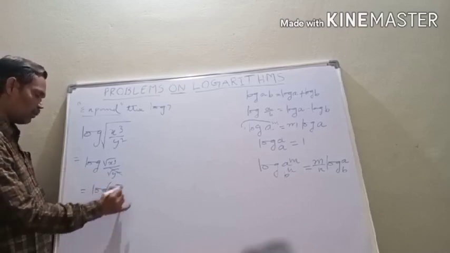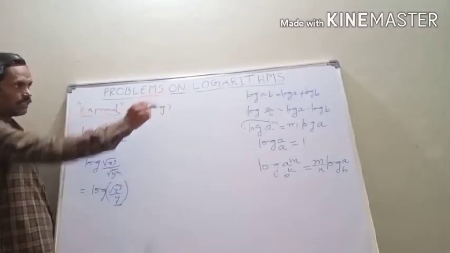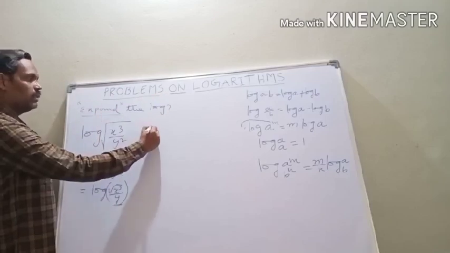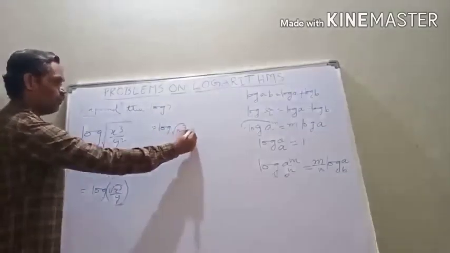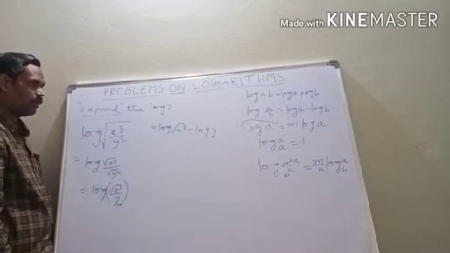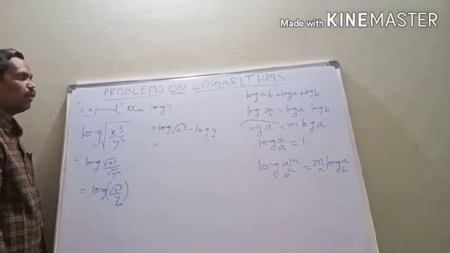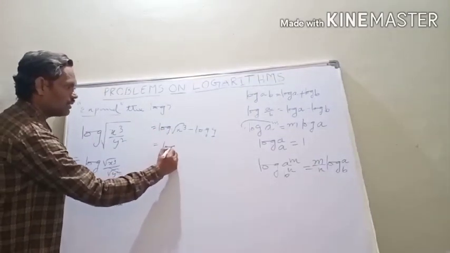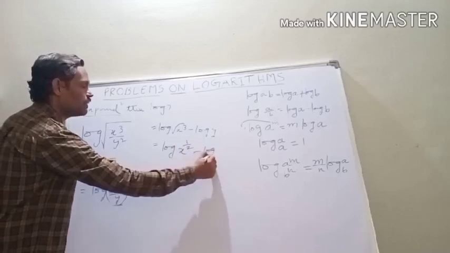Now, if you observe, here log is applied to a quotient form. It is like the second formula, log a by b is nothing but log a minus log b. Therefore, it can be written as log root x cube minus log y. This is the basic process. You have to simplify some more if you can. How? Here we have a radical symbol. You have to remove this radical symbol. It is nothing but log x to the power of 3 by 2 minus log y.